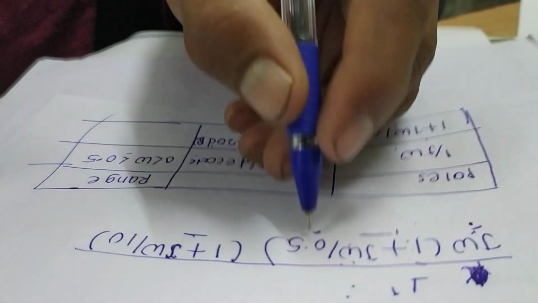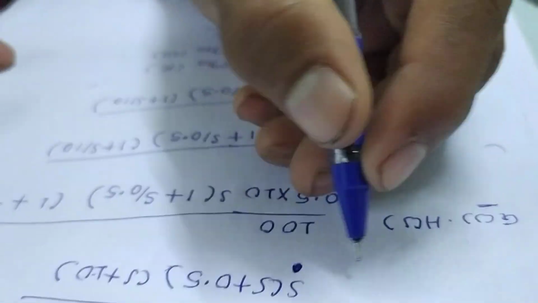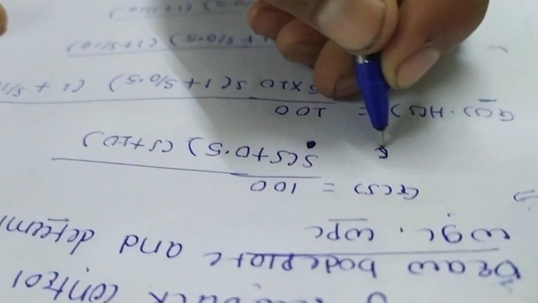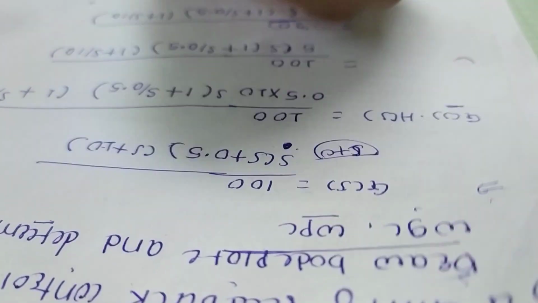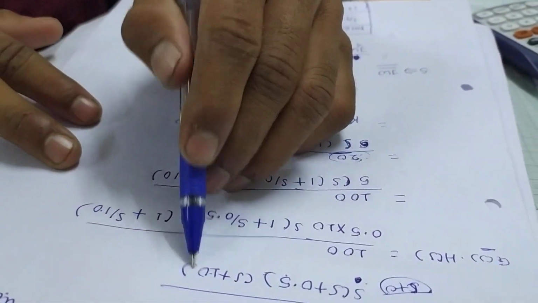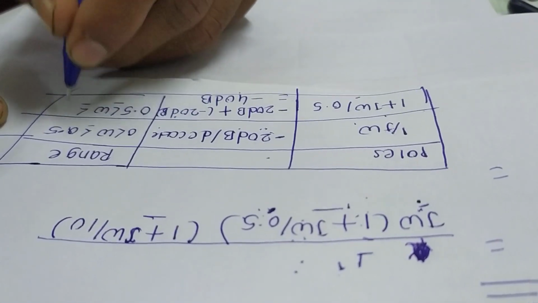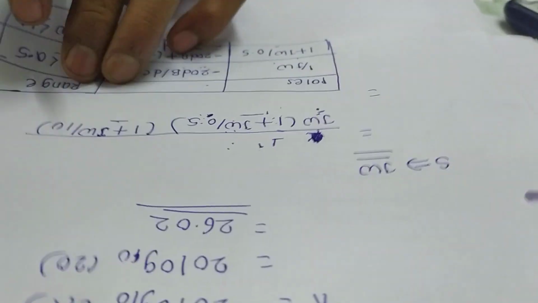The range now starts from 0.5. The first range is the pole at the origin, 0 to 0.5. So the second range is from 0.5 to 10. So this is the range: 0.5 is less than or equal to omega, which is less than or equal to 10. Now my third pole is